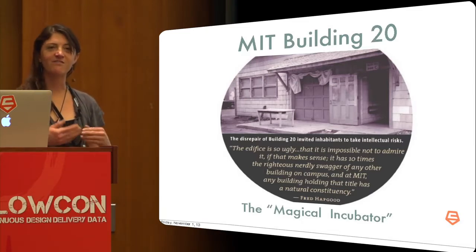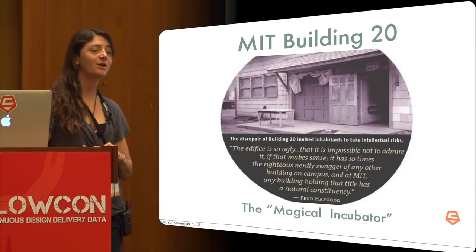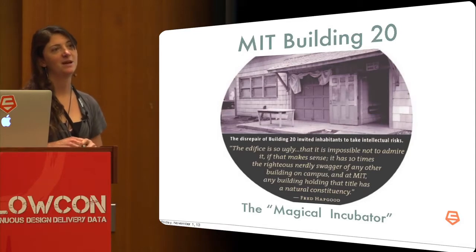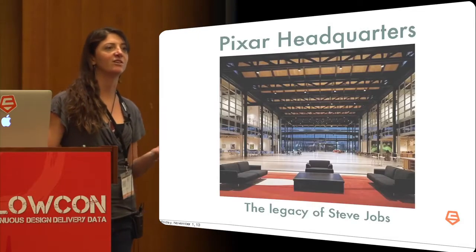And what they found was that this building was responsible for a stunning list of breakthroughs. And they ended up keeping it around longer, way longer than they thought that they would. And it's credited as being the magical incubator of MIT because of so many breakthroughs coming out of it. And people really believe it had everything to do with this variety of people that was in there that could